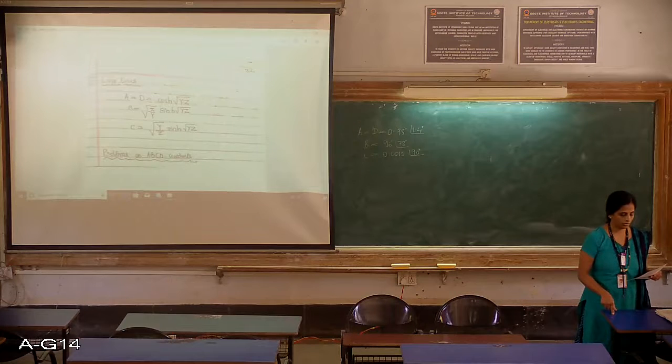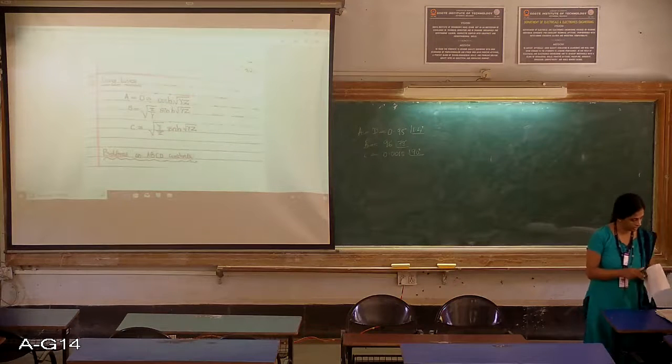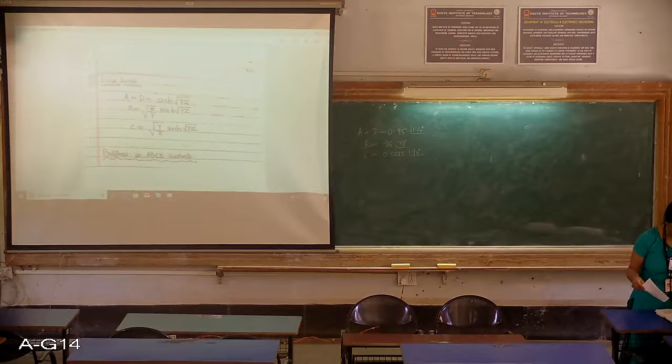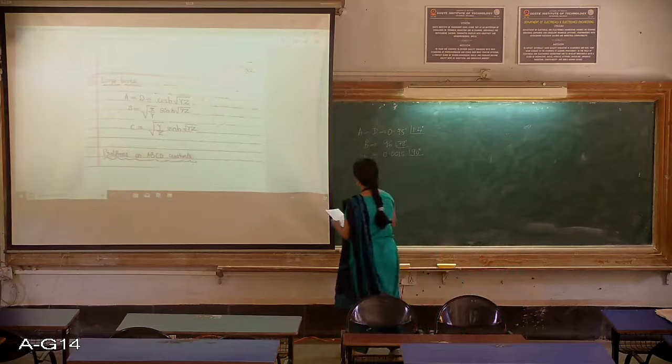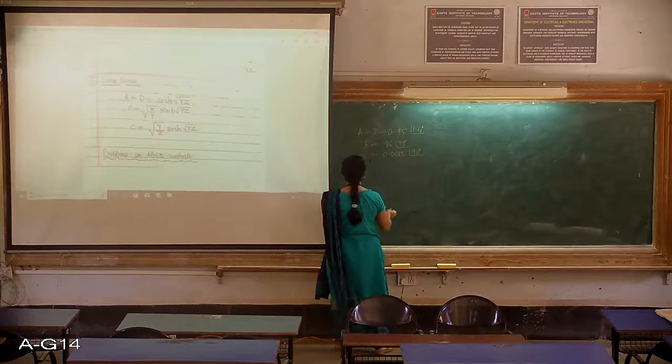Clear? So here they have given you the ABCD constants, and they have asked you to find out the line regulation and charging current. In tomorrow's class I will take up a problem where you are supposed to find the ABCD constants and then calculate the value, but since there is only 10 minutes left for this lecture, I took up a small problem. So we will find out the values.